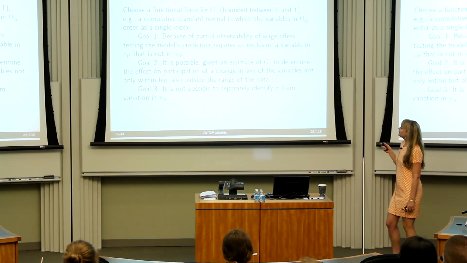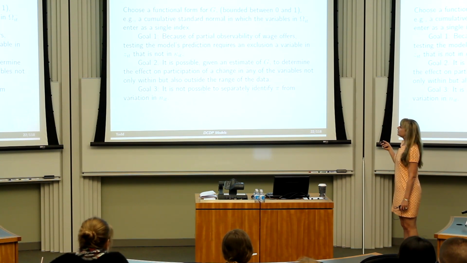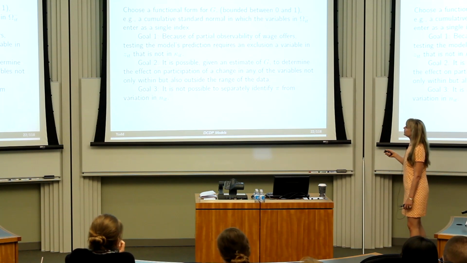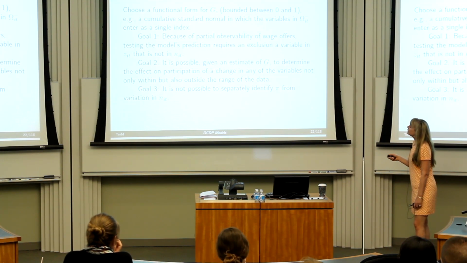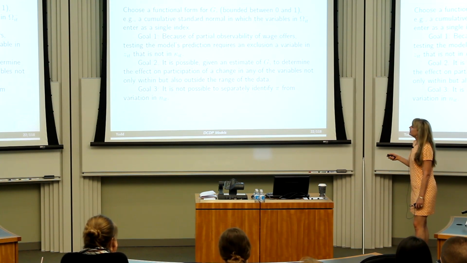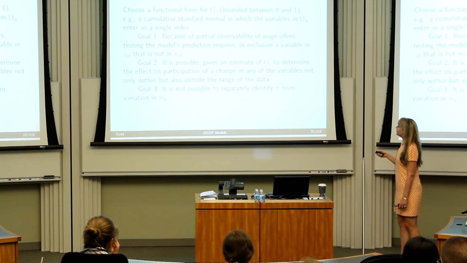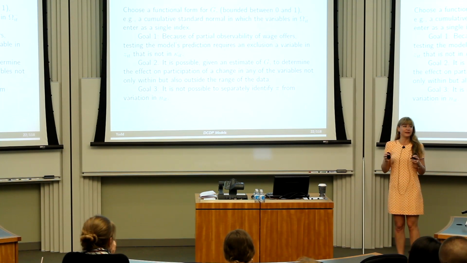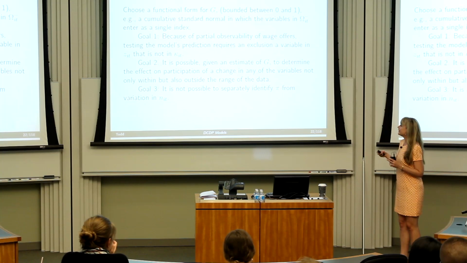Okay, so parametric non-structural, that's just choosing a functional form for G. And so you can basically do the same things as with the non-parametric. You still need an exclusion restriction. The one difference is that you can determine the effect of changing the variables even outside the range of the data. I mean, it may still not be a good idea, but you could say,